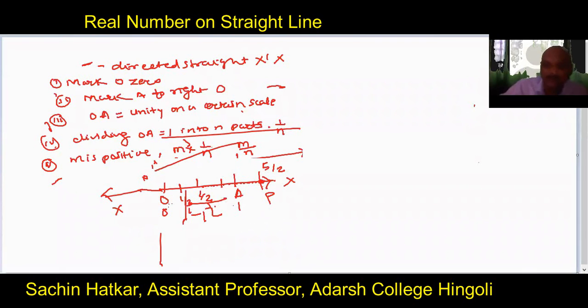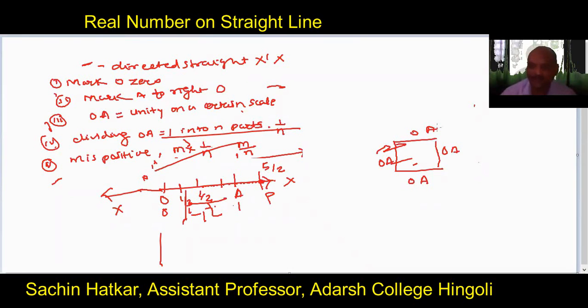Okay, now suppose on a small scale, this is OA, we have taken a part of that straight line. Let us make a square on distance OA. This is OA, this is OA, this is OA. We get a square since each side is of equal length. Now let us see the diagonal of this square. Suppose we have taken 1, this is 1, then the length of this diagonal is equal to root 2.